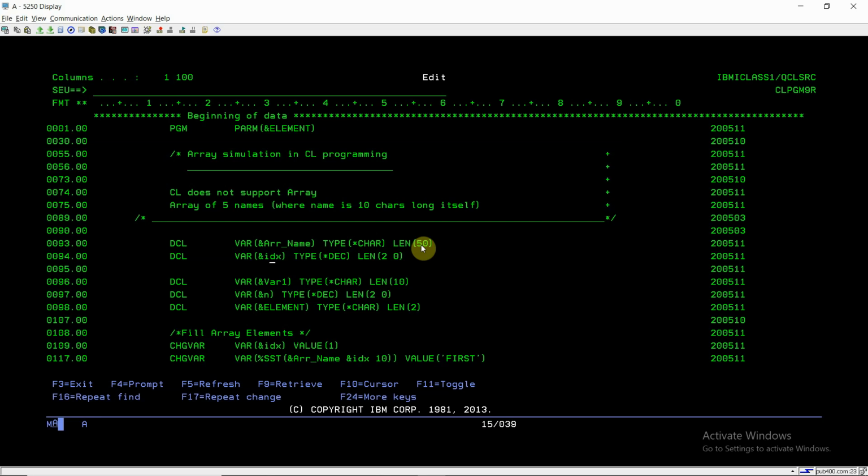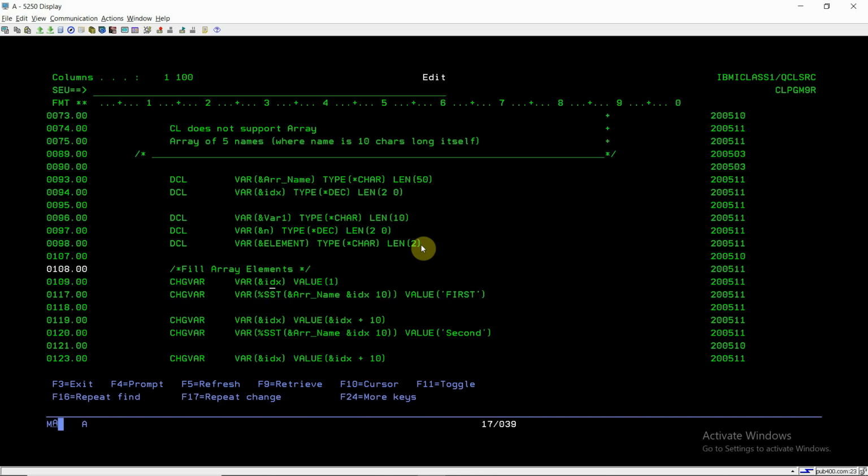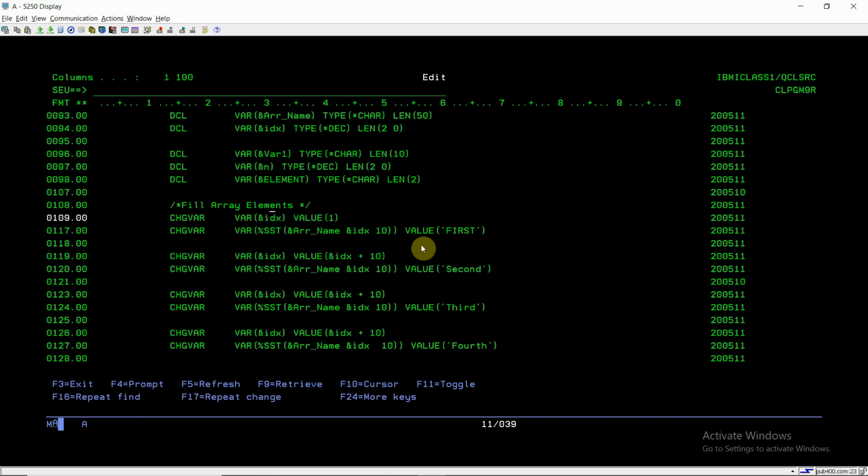Now I took an index variable of decimal length 2,0, and the input parameter to this program is &element as a character, and then I'll be converting this character to decimal in this variable, and this is a &var1 variable where we will be storing the value of that element of the array variable.